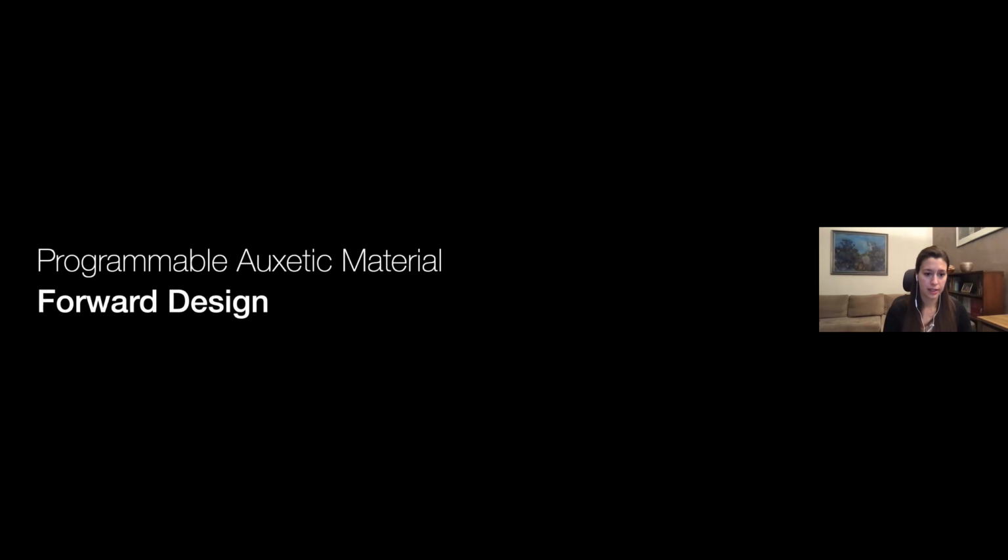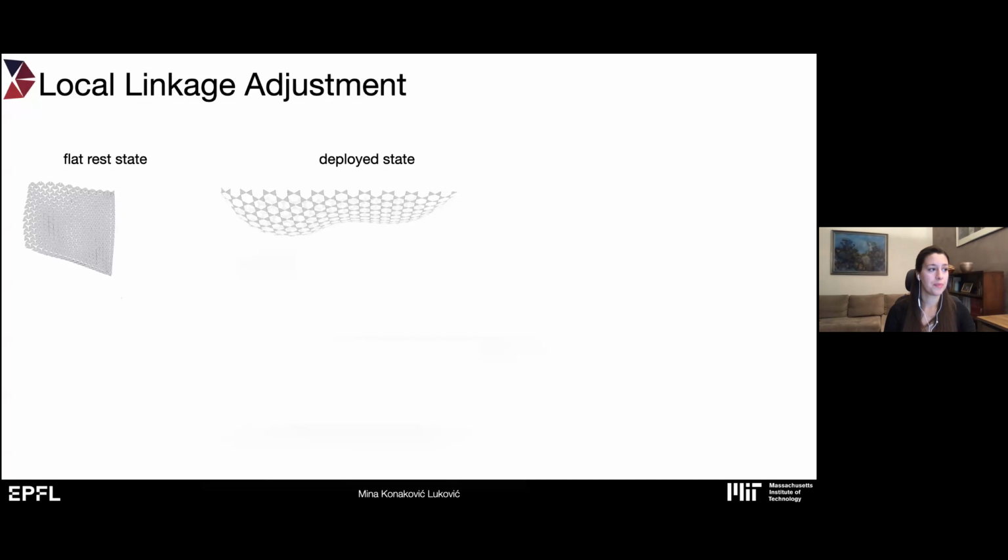We also went a step further, and instead of just doing inverse design, we also did a forward design of these programmable auxetics so that the designer can actually locally adjust what is the curvature, what is the scaling of the material to get the target shape. So for example, you start from something like this, and then you say, well, I would like more curvature to happen here. So I will expand the sizes of these triangles by simply clicking on these triangles and assigning the new scale factor. And our solver